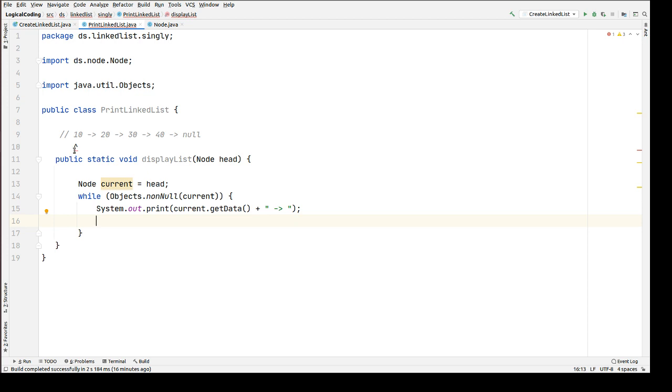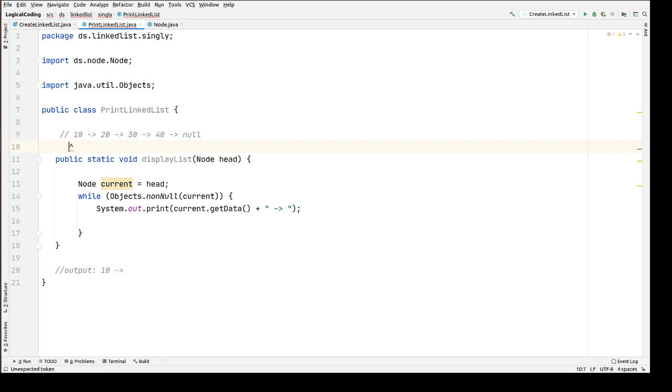Now our pointer is pointing to the first node, and the data of the first node is 10, which we have printed here in the output. Now our pointer should move from the first node to the second node.